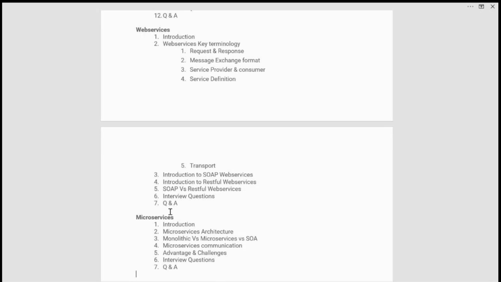Previously we used to do monolithic. That is, if you have a website, all the website features, that is login, placing an order, shipping a product, canceling the order, tracking the order, everything we would create as a single application and give to the deployment people. But after this microservices architecture concept, they split one website design itself into 5 to 10 or even sometimes 20 microservices. How you can create a microservice, how you can split your monolithic application into microservices,